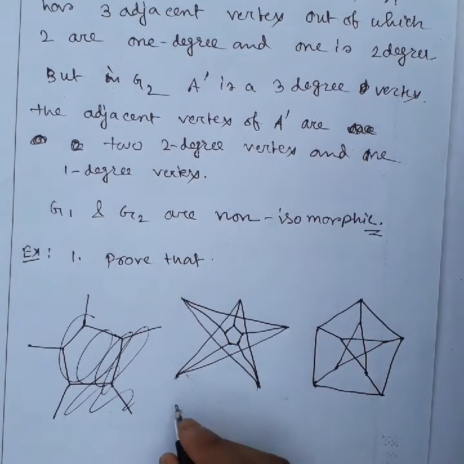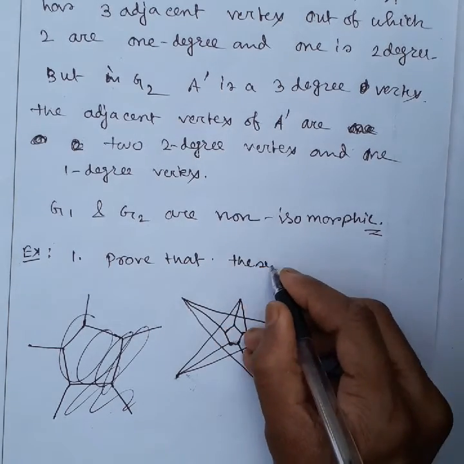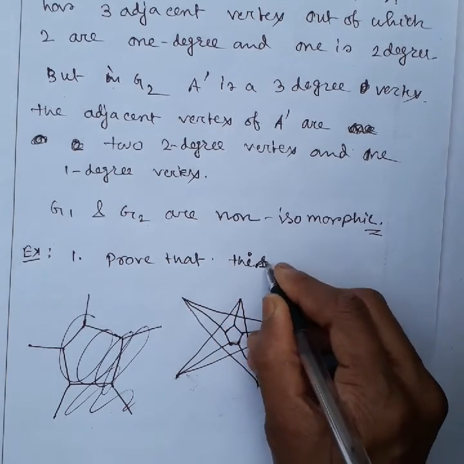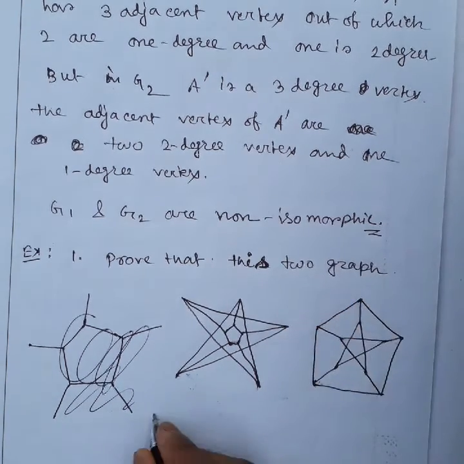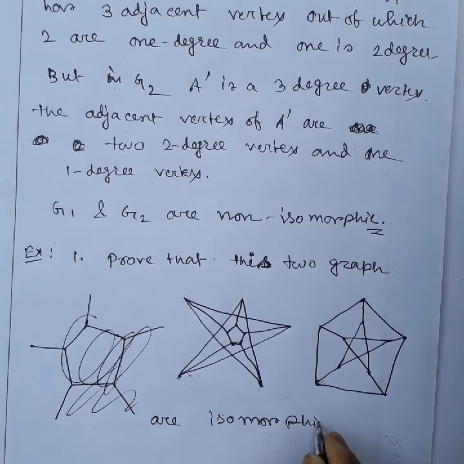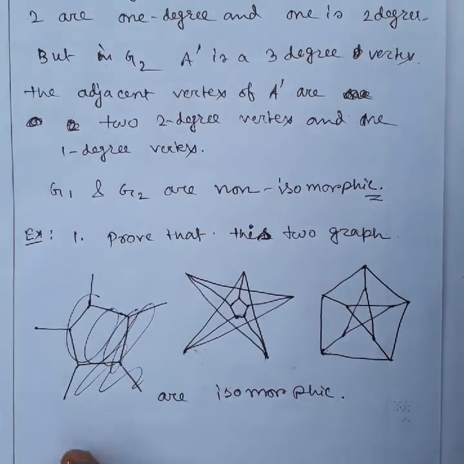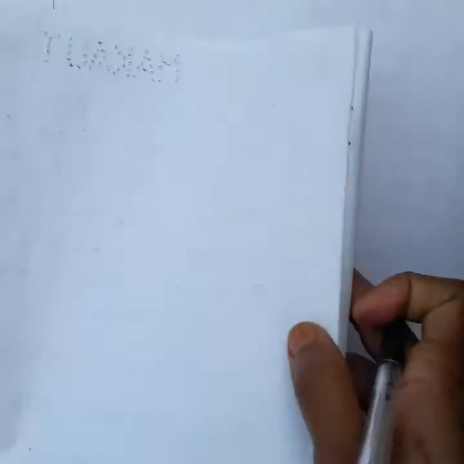Prove that these two graphs are isomorphic. Okay,